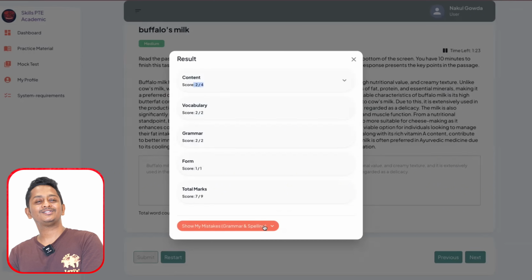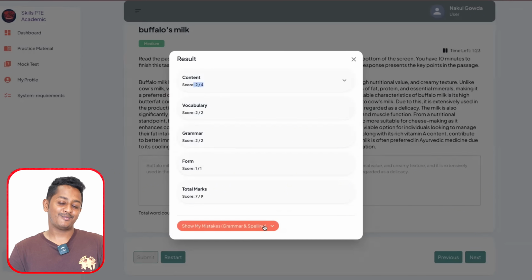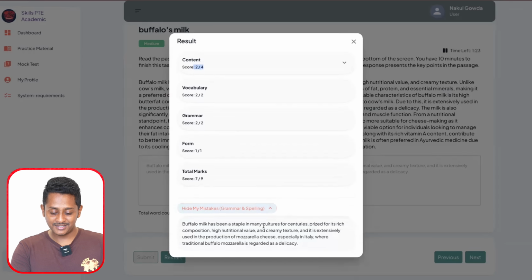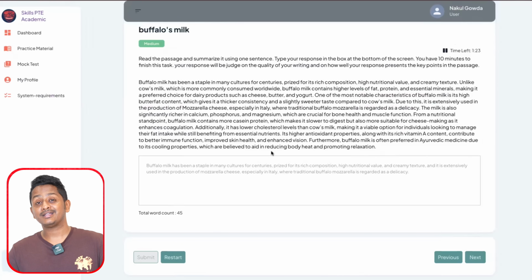If you do this for 2 questions, you would probably lose 4 marks, meaning 4 from writing and 4 from reading, which would be costly if you are aiming for 85 plus in writing, isn't it so? So work on it. Now we will show the final version, but there are no grammatical mistakes here. We will just take up the final one where you end up getting 9 out of 9.